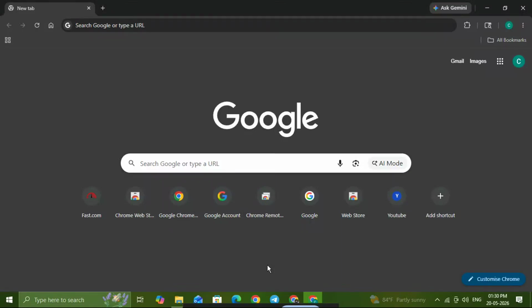If you want to change the font size and font style in Google Chrome, you're in the right place. In this video, I'll show you exactly how to adjust Chrome's appearance settings so you can make web pages easier to read, choose different font styles, and even set a minimum font size so text never becomes too small. This is a quick and useful Chrome customization that can make browsing much more comfortable, whether you're working, studying, or